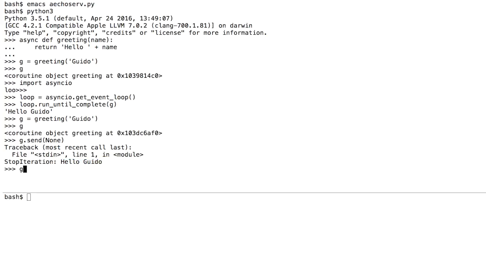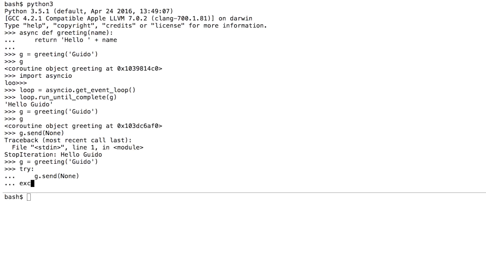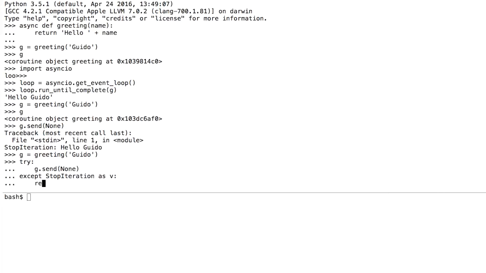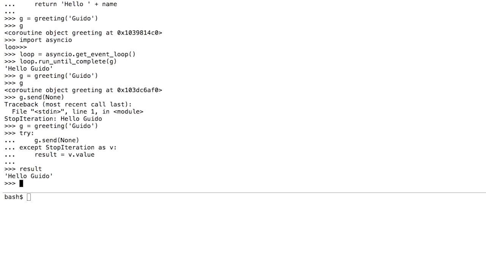Well, that's really weird. In fact, the way this code would run is you would make a coroutine like that, then do a try statement where you send in a value, and then catch the StopIteration exception, and maybe print the result, which would be equal to the value of that exception. I mean, that's bizarre. You might look at that and say, that's just crazy. What in the world is going on there? It's like it's layered on top of StopIteration. The fact that you're getting a StopIteration there is maybe a clue that this is somehow tied to the